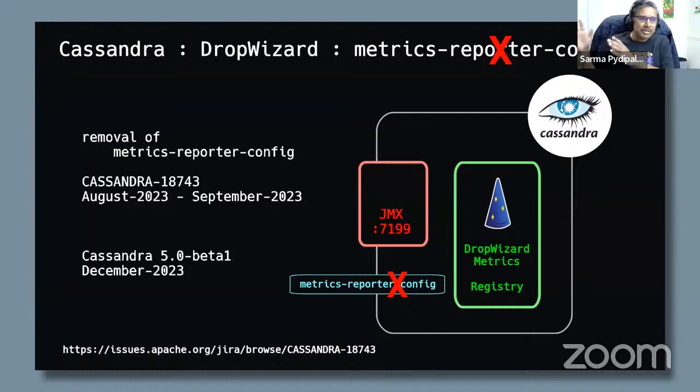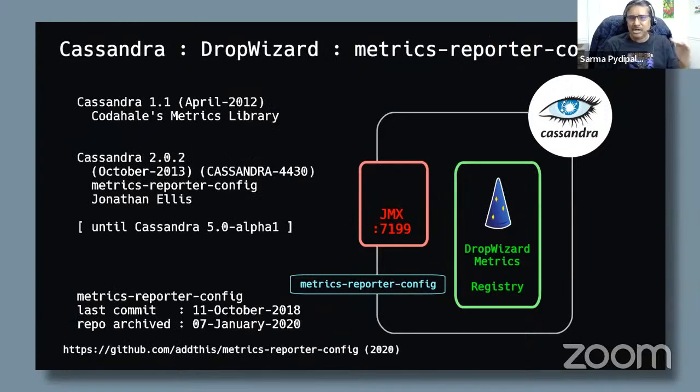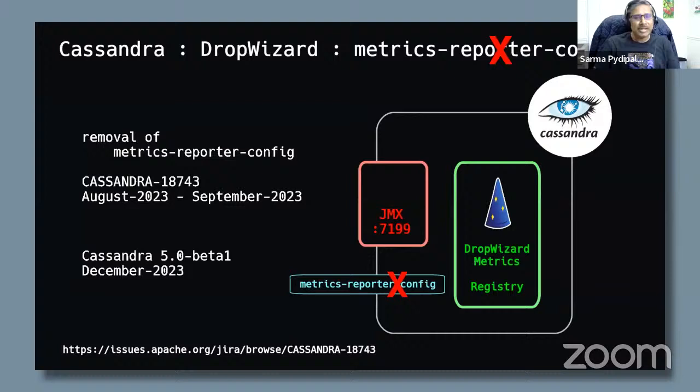So we are not talking about the Drop Wizard metrics. Drop Wizard metrics is still there. We just don't have a mechanism to extract those metrics using this metrics reporter config. If you look at the history, metrics reporter config was introduced in 2013 and it got removed last year,